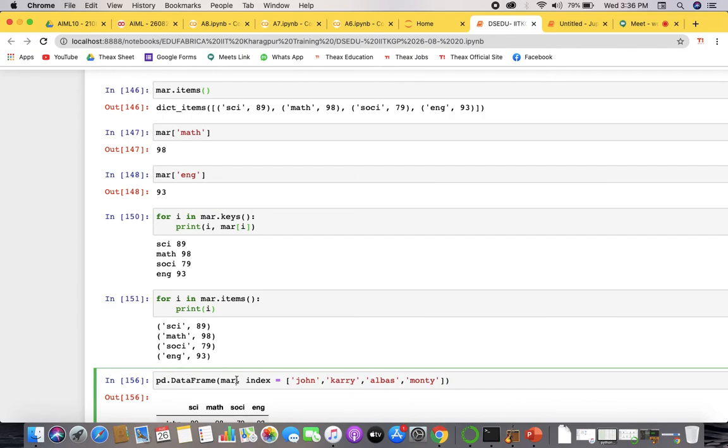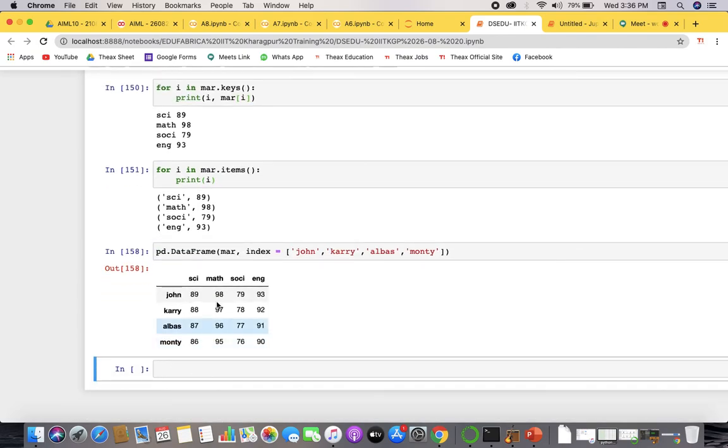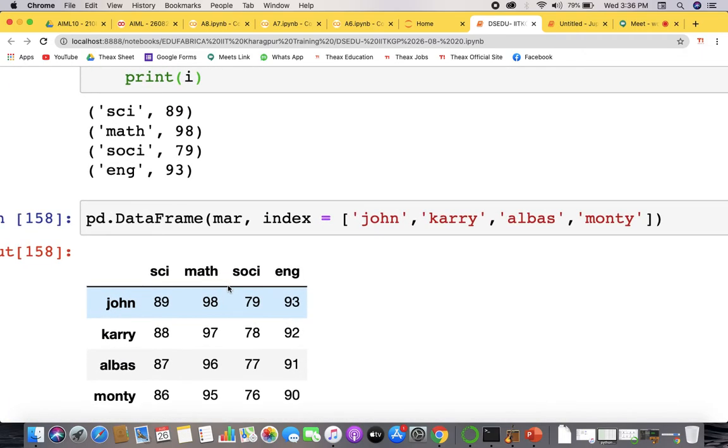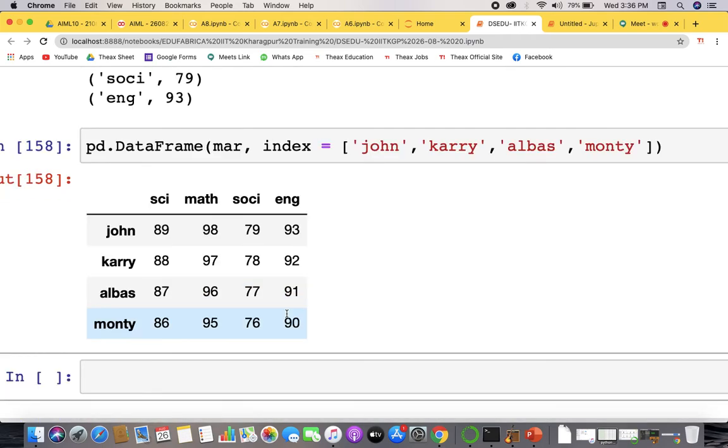We'll just write pd.DataFrame of this marks. So the marks vary, right? You can see the marks 89, 98, 79, 93, 88, 97, 78, 92, and all these things. So 86, 87, 88, 89, 95, 96, 97, 98, and so on. You make data frames accordingly.